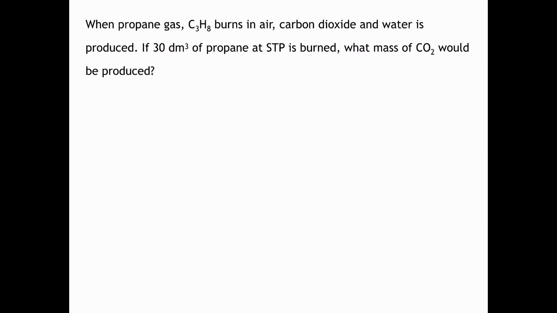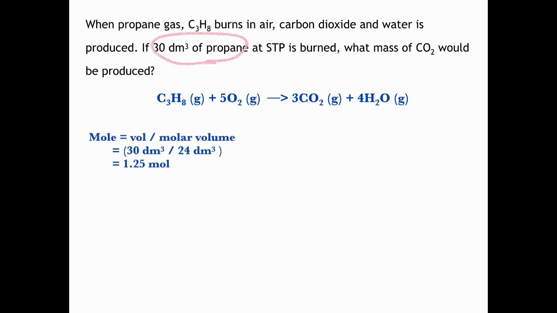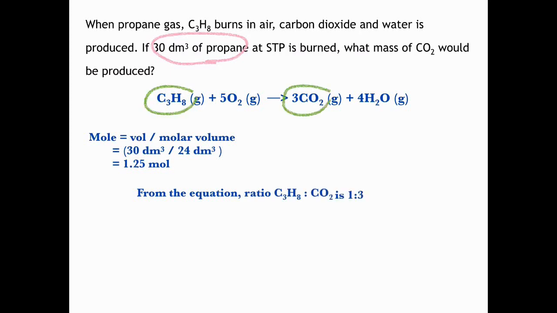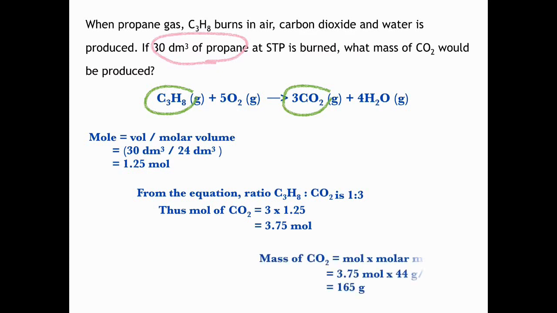Let's do this example. When propane gas burns in air, carbon dioxide and water are produced. If 30 dm cube of propane at STP is burned, what mass of CO2 will be produced? First, write a balanced equation. So the question gives volume of propane, which we can calculate its mole using molar volume. Since the ratio of propane to carbon dioxide is 1 to 3, then the mole of carbon dioxide is triple that of propane. The question wants mass of carbon dioxide, so use mole concept to determine the mass of